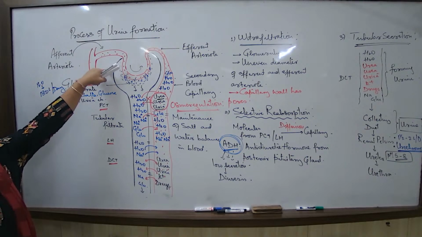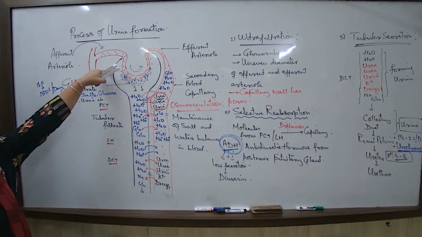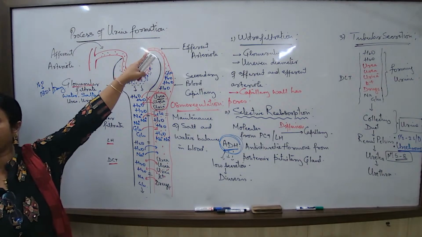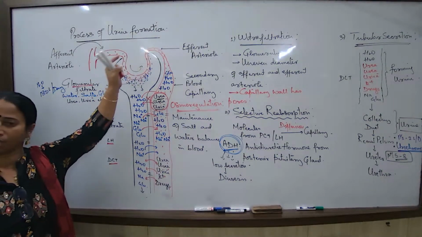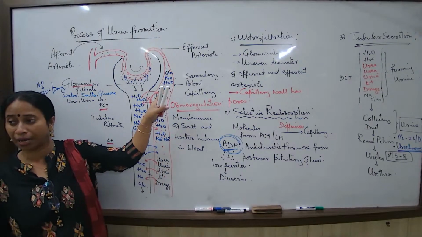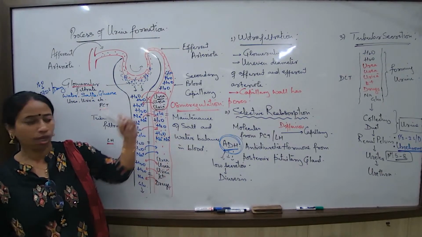This has oxygenated blood, rich in or with a high concentration of urea and uric acid. The blood is in its fluid state. What about this side? The blood is thicker. The amount of water is much lesser, and the concentration of urea and uric acid is very high. Yes or no? So where will